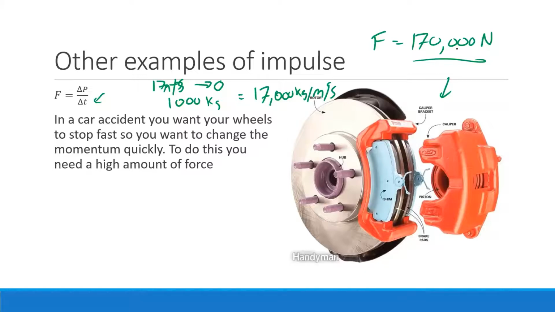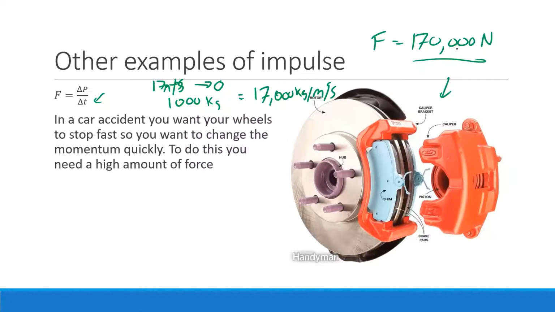Your brakes apply such a large force to every single one of your wheels because it wants to drop that speed really quickly. So that's why you end up applying a lot of force onto your brakes. Your brakes work, and this is an example of the disc brake